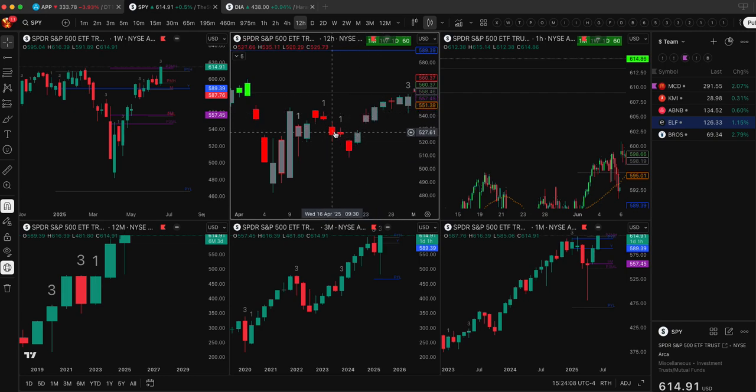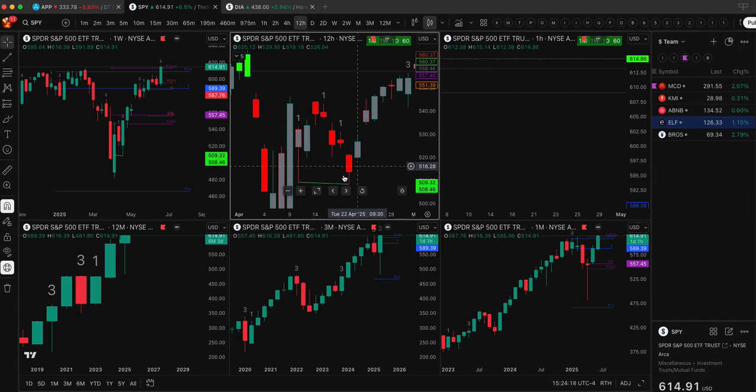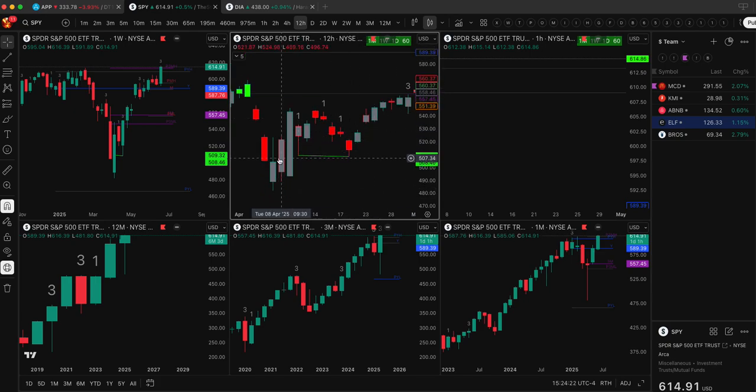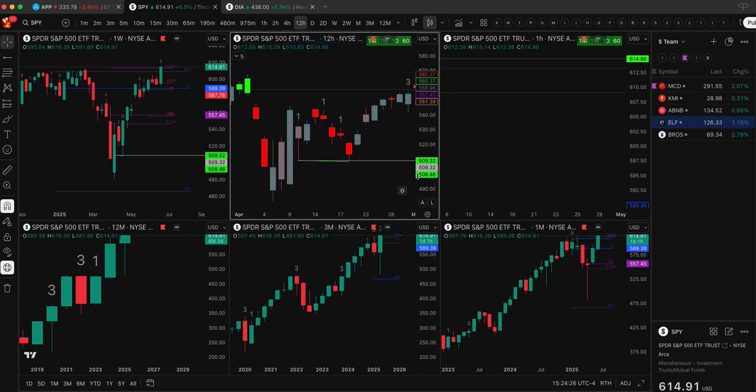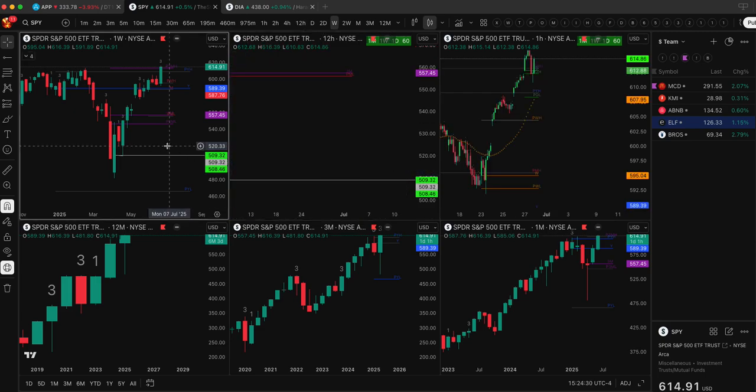And if you were playing by that rule of don't play inside mother bars, you would have missed this obvious lower low here, right? And then that's an internal broadening formation inside the mother bar. Essentially it reclaims this low. So a version of that idea, and even the Elon Musk Trump breakup day caused